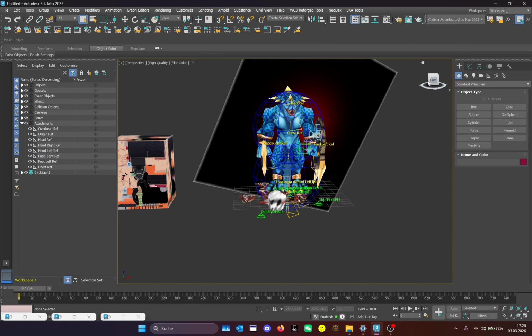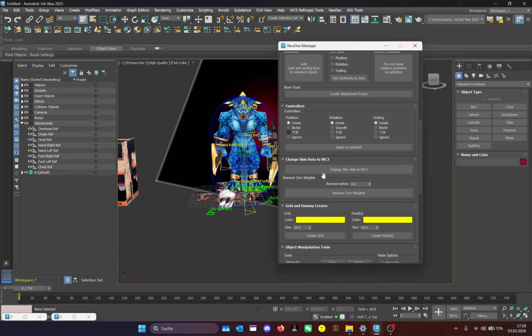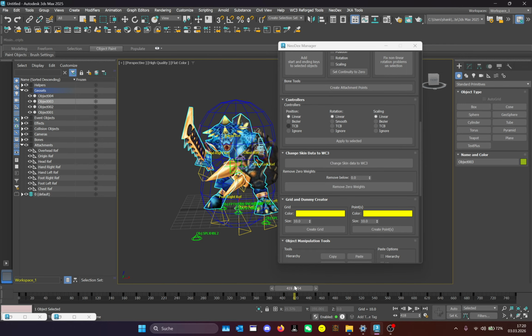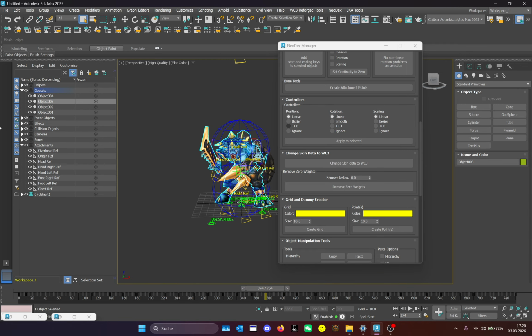So the next thing is the controller type, which you can change. It's also from the old Neodex. And then we have here two new buttons in the skinning section. We have one thing called skin change to Warcraft 3. Basically, if you have a model,